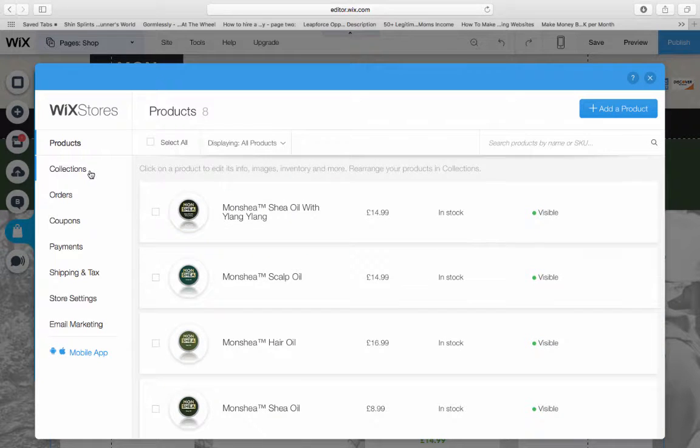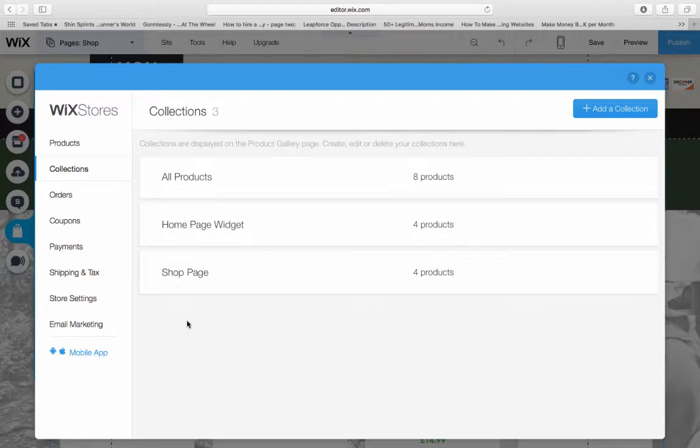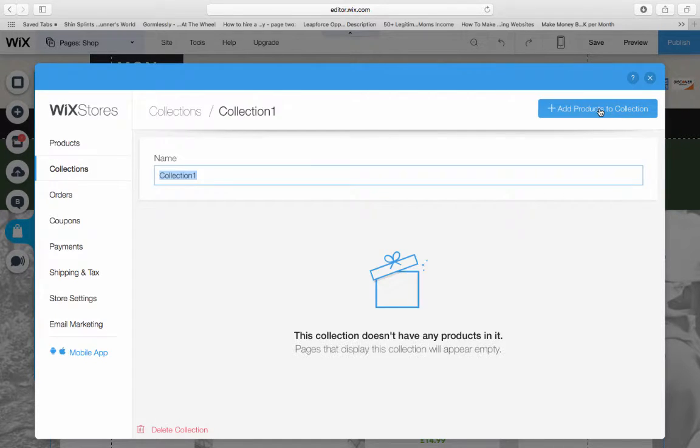Okay, the next thing in here is collections. Now you have your 8 products basically in your store. Sometimes we want to show things by collection, so you could have a collection for hair or a collection for skincare, and you just want certain products to show in there, not all of them. So what you would do is say add a collection, and then let's say I'm going to name this collection